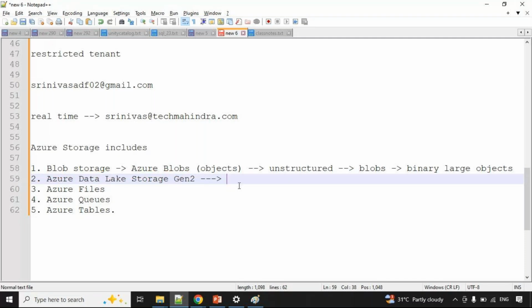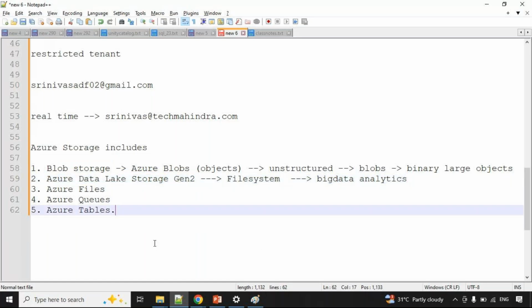Okay, so this is a file system. Blob storage is also a file system, but here it is in the binary format. Here we can store files, mainly to handle big data analytics. Guys, in the interview people will ask the question: what is the difference between blob storage and ADLS Gen 2?